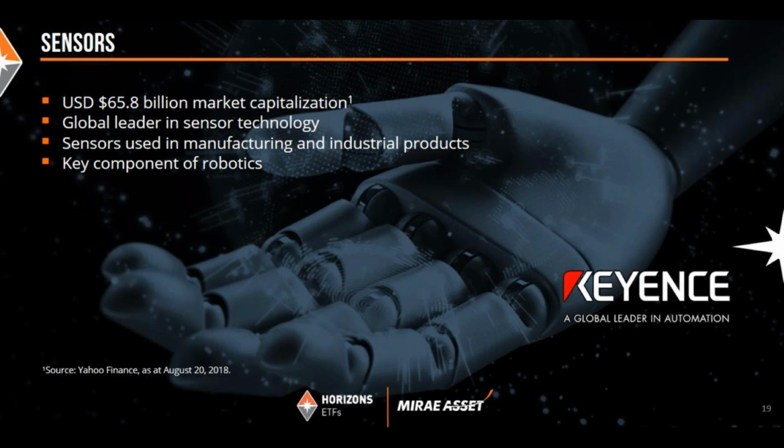And if we look at Keyence Technologies, we also see here this is a sensor builder, and it's a huge company. Again, what we're doing with this index is we're focusing on companies that have real businesses with real revenue growth, right? This isn't pie in the sky. Very different from the internet era where these companies had no earnings, just a lot of potential. These companies have potential, but they also have existing earnings. This is a $65.8 billion company, and all it does is make sensors. But if I need sensors, those again are my eyes and ears for